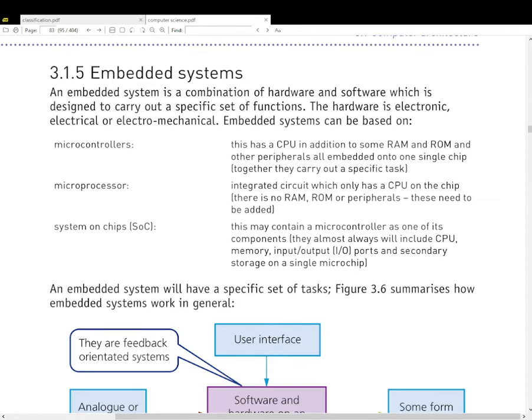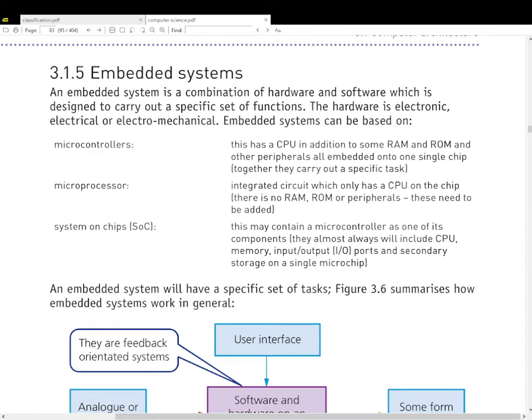Now, we have what we call a system on chip, or SoC. This is a term that is normally used on phones. If you are technologically inclined and you like technology, especially related to phones and such small devices, you'll find that SoC is normally mentioned. It is a term that normally comes up when such devices are mentioned, and the reason being